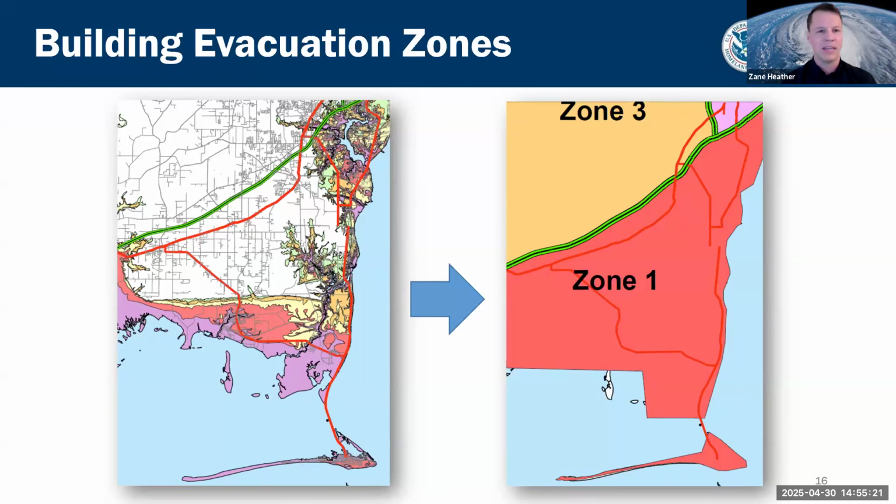So as you can see here, on the left, you've got the SLOSH MOM. It's a mosaic of different colors. It would be really, really challenging to communicate that to any member of the general public, especially if you look in that area in the bottom right where you've got that inlet and it looks like a different discharge zone with a lot of streams, bays, and bayous. How do you communicate that specifically to someone that would need to take protective action in those storm surge areas? And the best answer to that is through the creation of a hurricane evacuation zone, which you see on the right between zones 1 and 3.